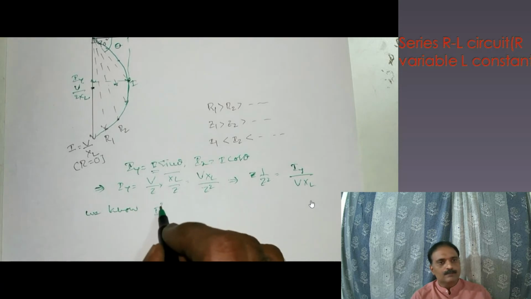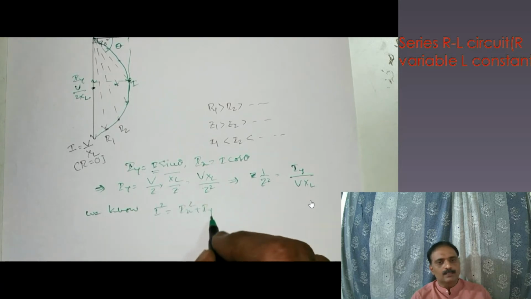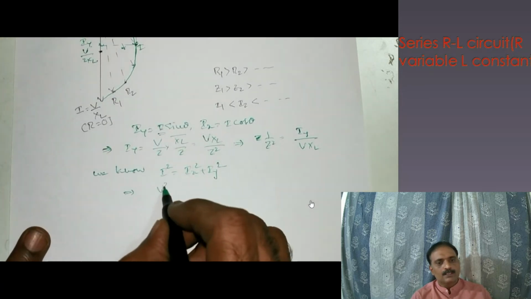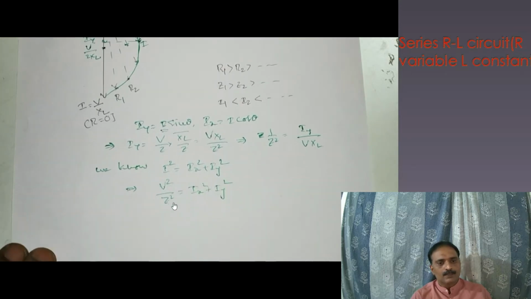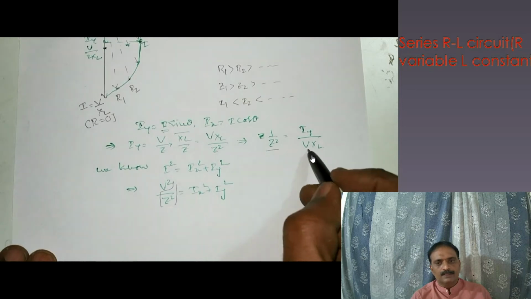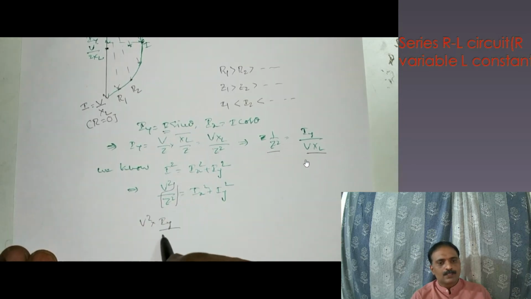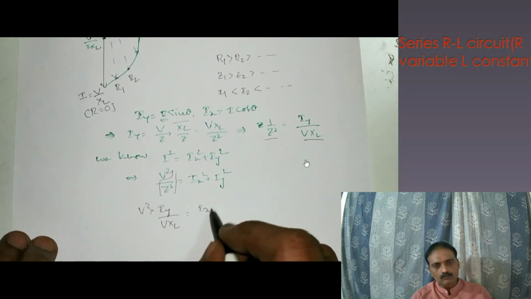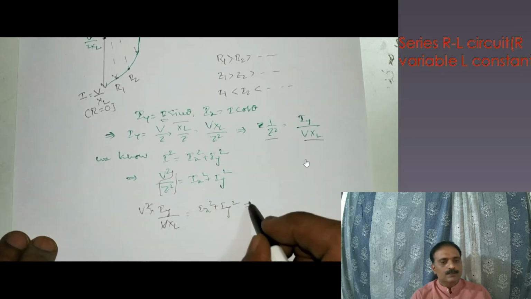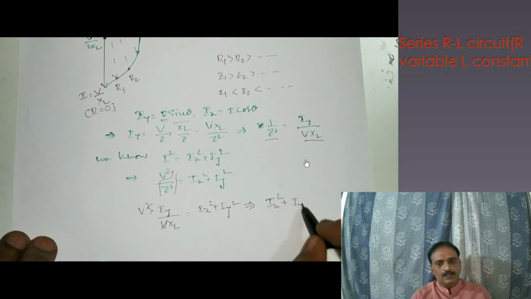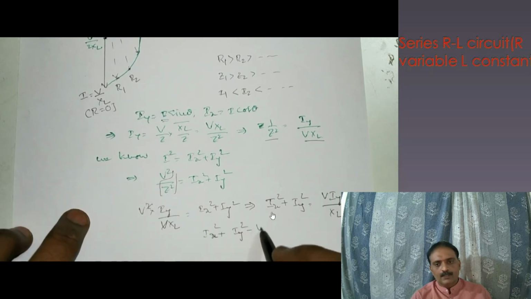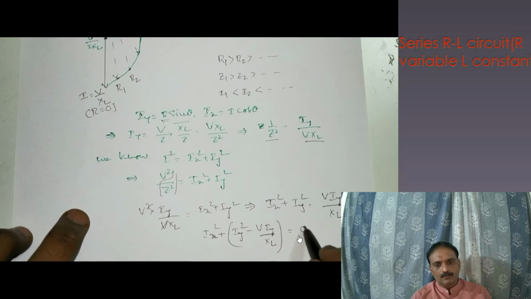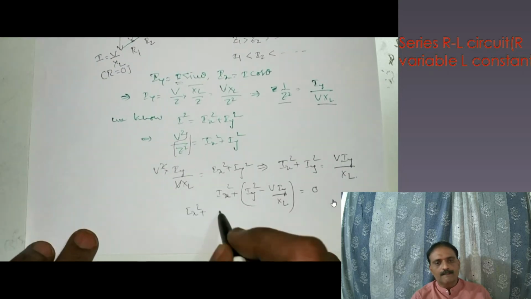and we know that the total current I square is equal to the x component plus y component, and I is equal to V by Z, hence it gives rise to V square by Z square, and we know that this 1 by Z square is equal to Iy by XL, and substituting here we are going to get, so V gets cancelled, and we are going to have Ix square plus Iy square is equal to V into Iy by XL. And let us take this Iy component to the left hand side. We are going to have 0 on the right hand side,